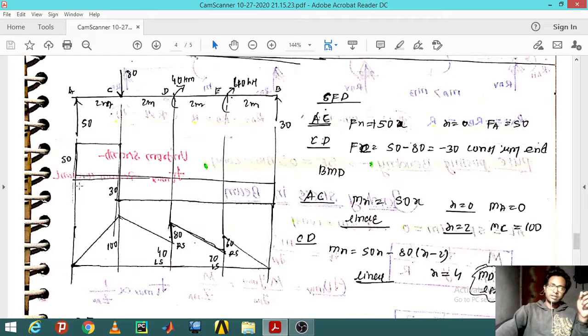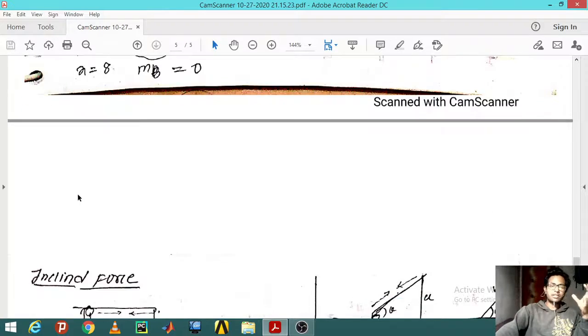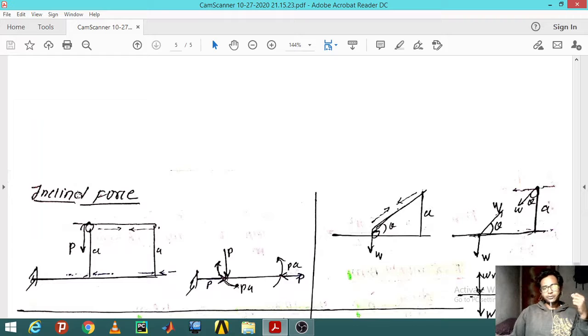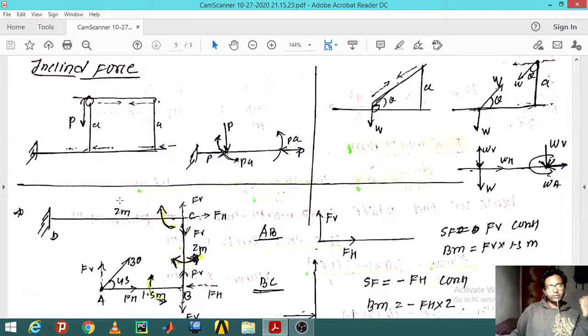There are different kinds of examples, but this kind of long example is not going to be asked in this GATE examination. Only the basic concept will be there. So be curious about the basic concept, not the big numerical, because it is time wasting. Solving long lengthy questions is not going to help you in the final examination.